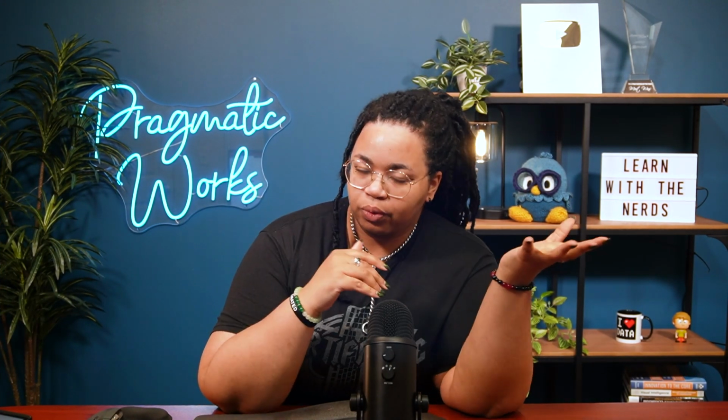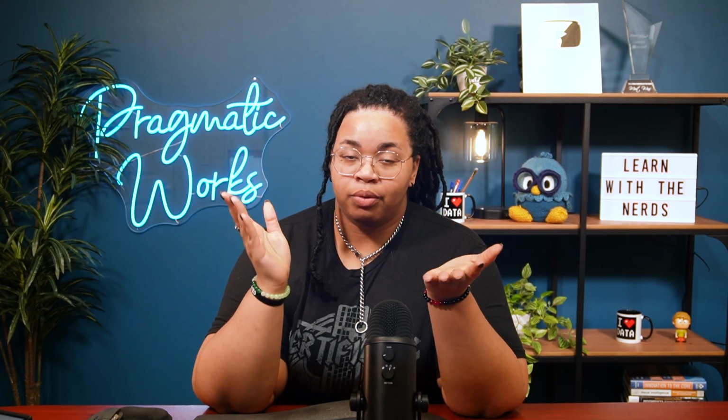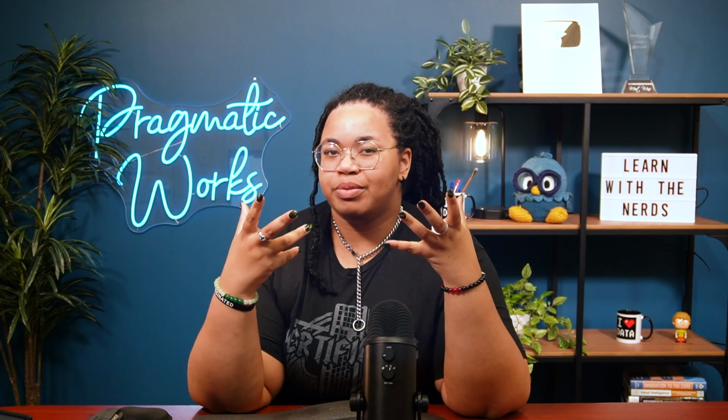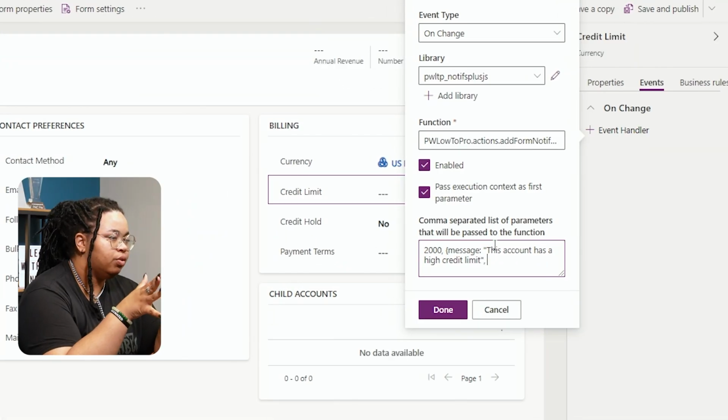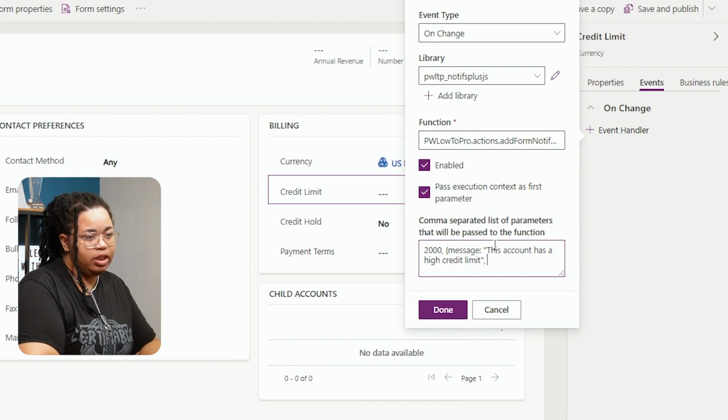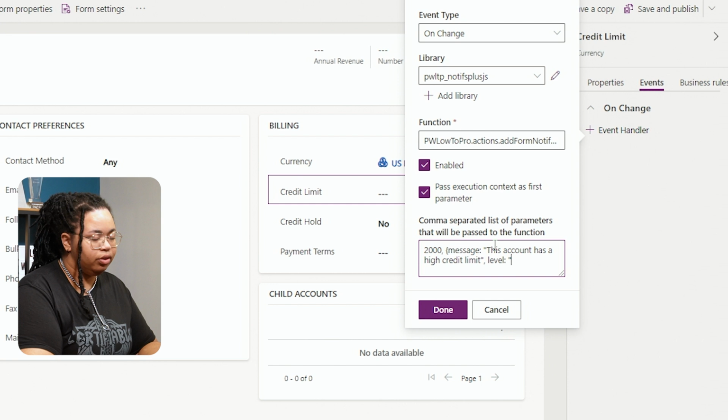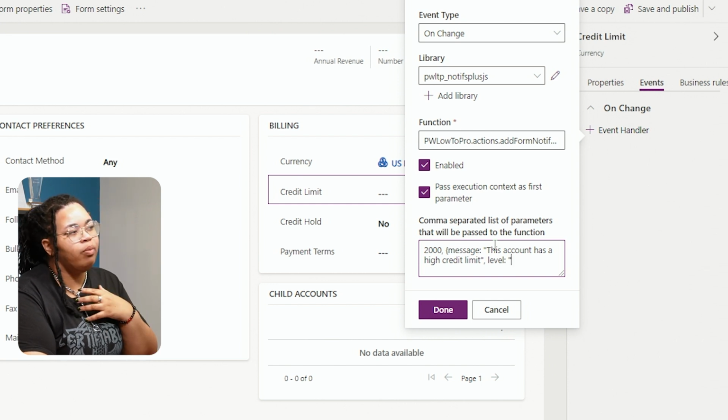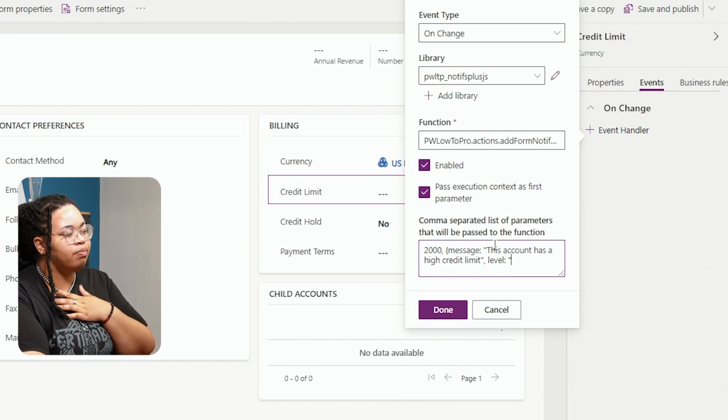Okay. Now with form notifications, there is a different set of levels that are used instead of 1 through 4 to give you different options. Really, you have 3 of them. You have an information, you have a warning, or you have an error. Those are the 3 types you get, and all you need to do to pass in that level is put level, add your colon, and you're going to do, let's say for this one, I want this to be an